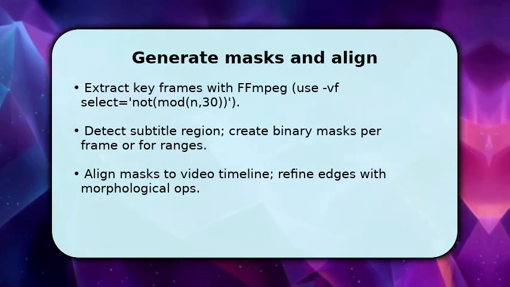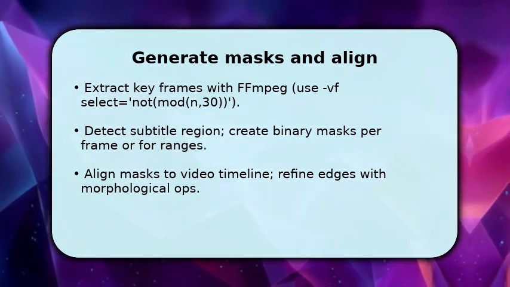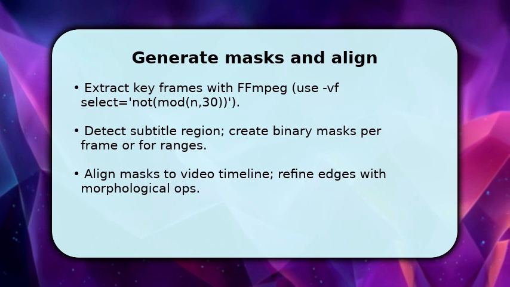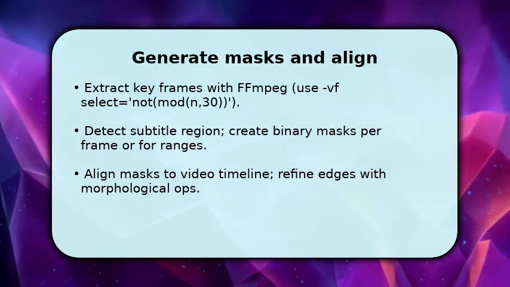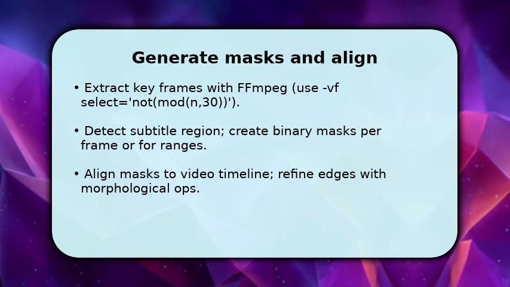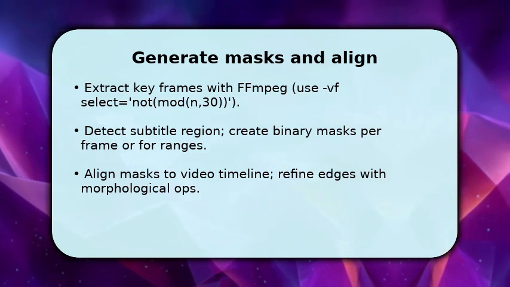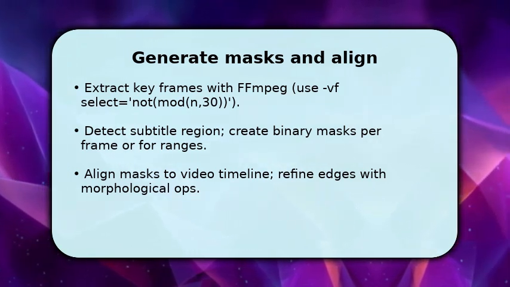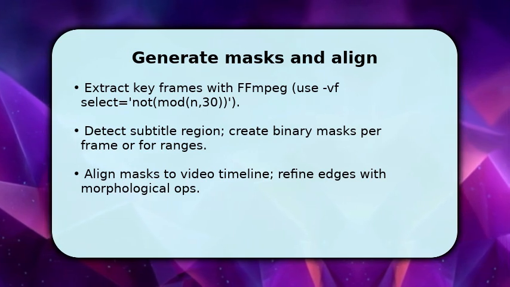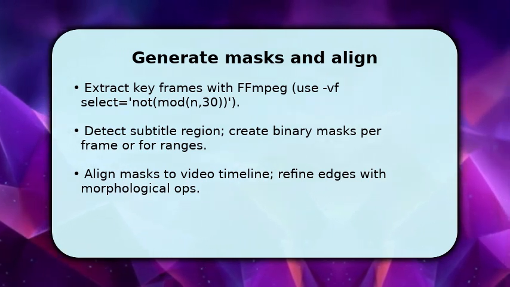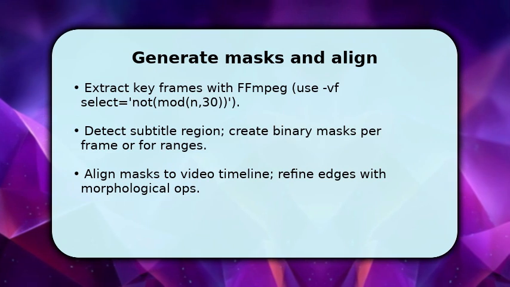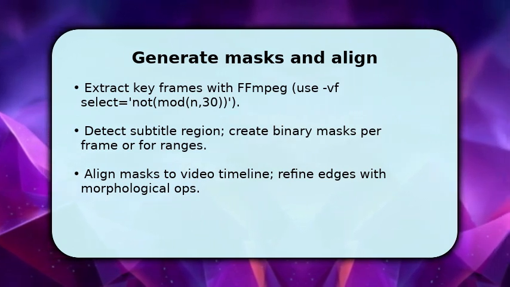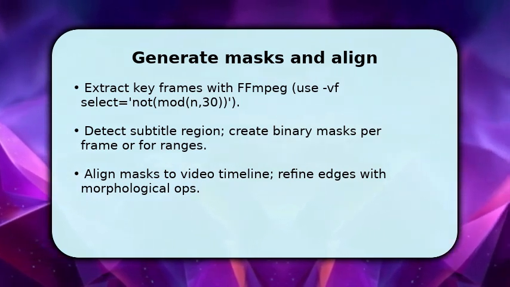Then, create binary masks covering the subtitle area, automate with contrast/edge thresholds, or use a text detection model, and refine with dilation/erosion to avoid halo artifacts. Once masks are satisfactory, align them back to the full timeline, interpolating masks across frames when subtitles persist. This alignment ensures the inpainting model